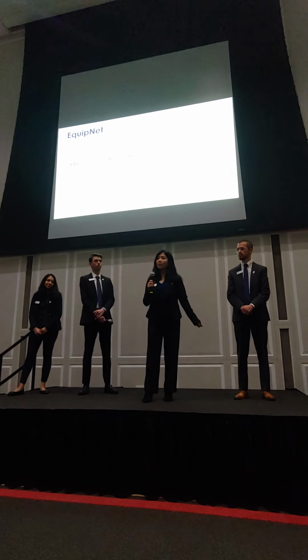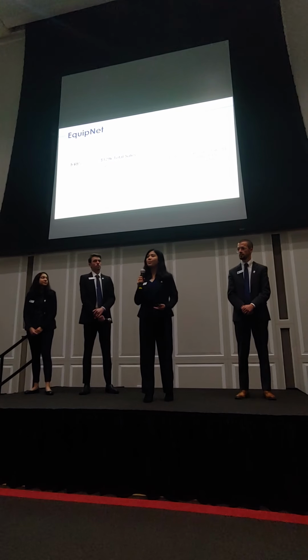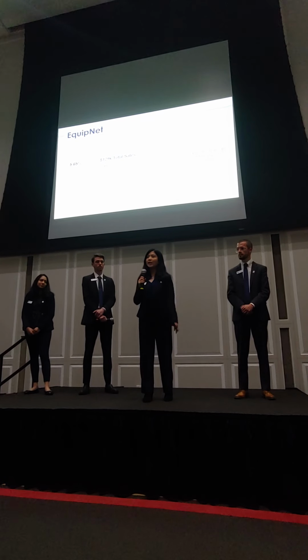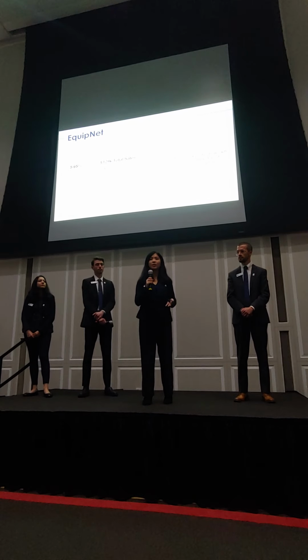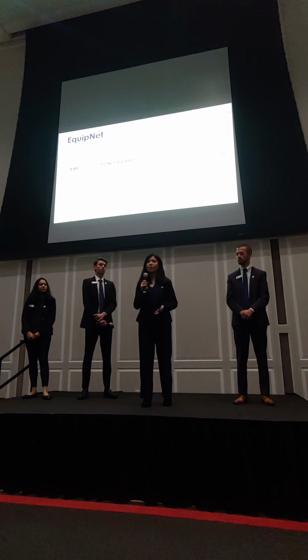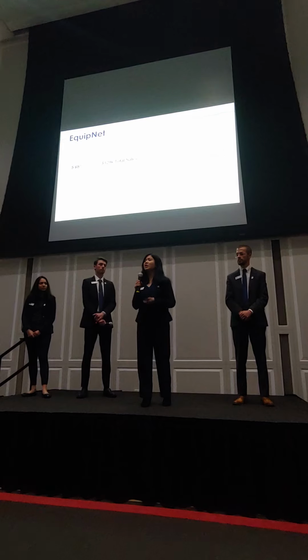So moving on to our primary recommendation, EquipNet, they provided us with a minimum and maximum bid offer, which leads us to the number of 6% for average return rate, as well as a total sales of around $129,000. We expect this number to increase around 30% after inspection. A unique aspect of EquipNet is also their brokerage model, which would provide Thales with future disposition options such as consignment and